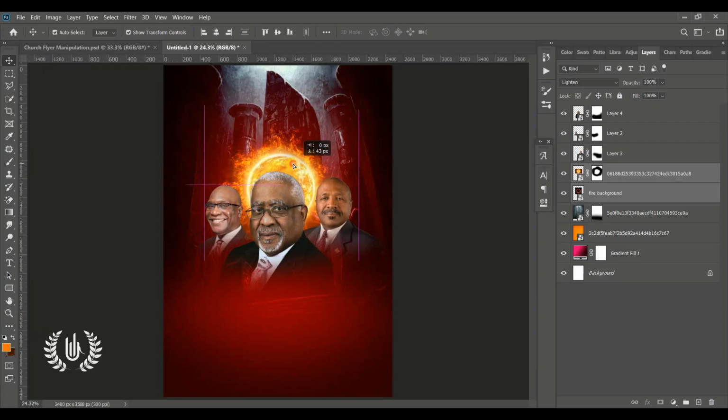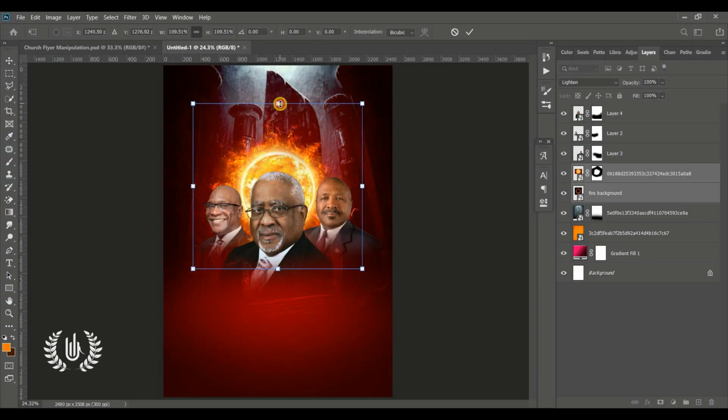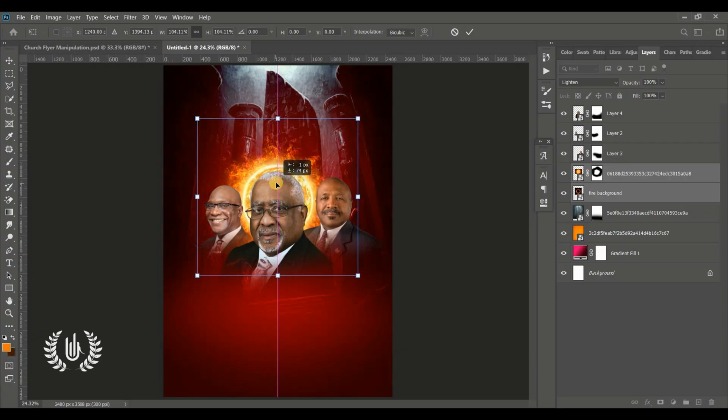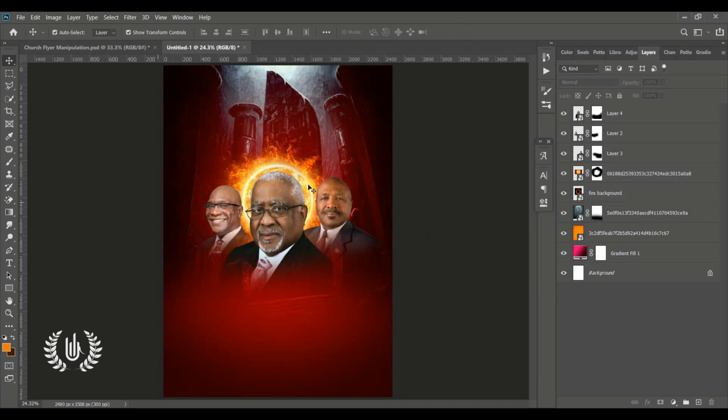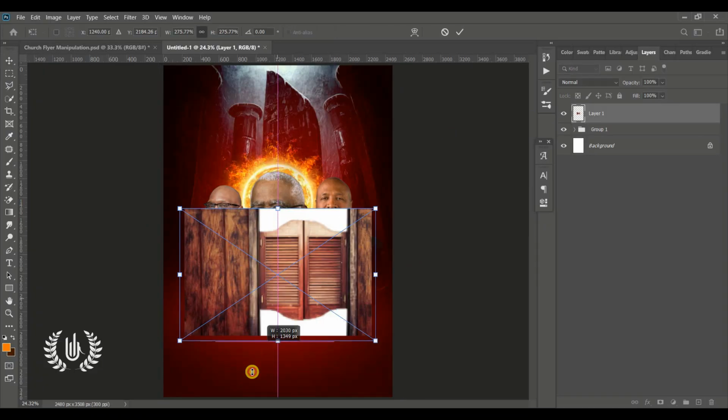I selected both images and what I'm going to do is just arrange them behind the men of God like that, just as you're seeing. It's supposed to be that easy and simple. So I hope you guys get it. So far we have come to a point where we've created a background and added the man of God. So it was necessary we add the man of God before bringing the light, because we wouldn't have seen the actual